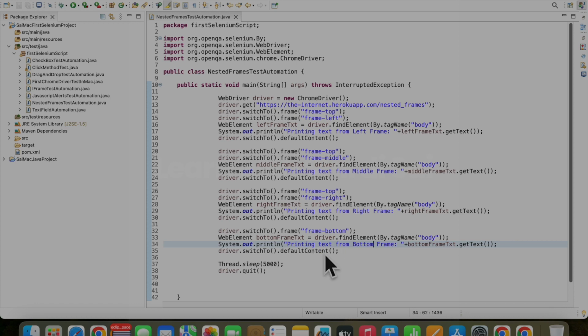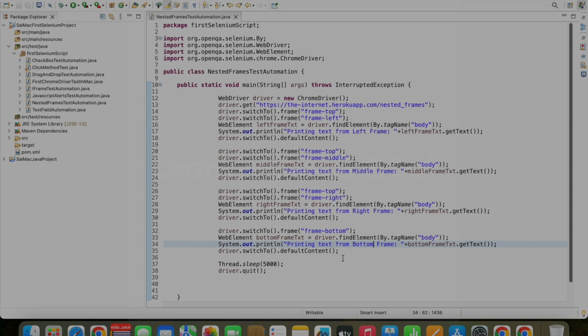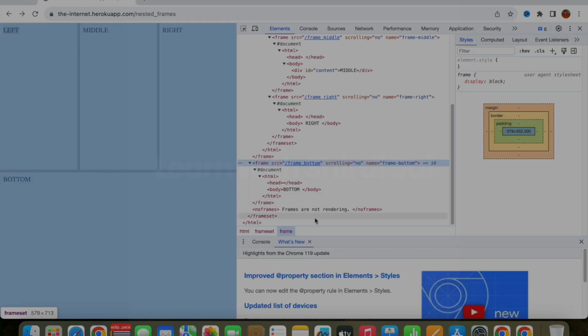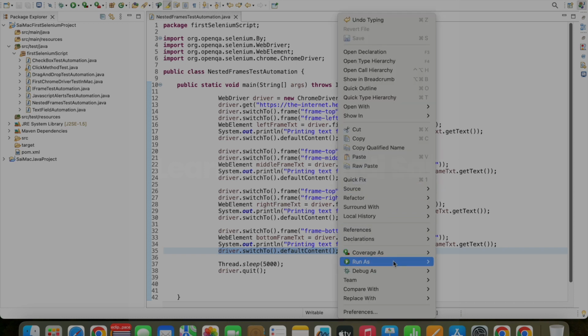We are again switching back to default content, then only it will be back to this particular place. Otherwise it will not allow you to access the web elements present outside the frame. Okay, you must be using this default content, otherwise it will block you from accessing the other web elements. Don't forget to use this one. Even if I do not use it here, it is not a problem because I'm going to quit the browser. If you are going to access some other web elements outside the frame, you need to use this. That is a must. Okay, so now we will run and check